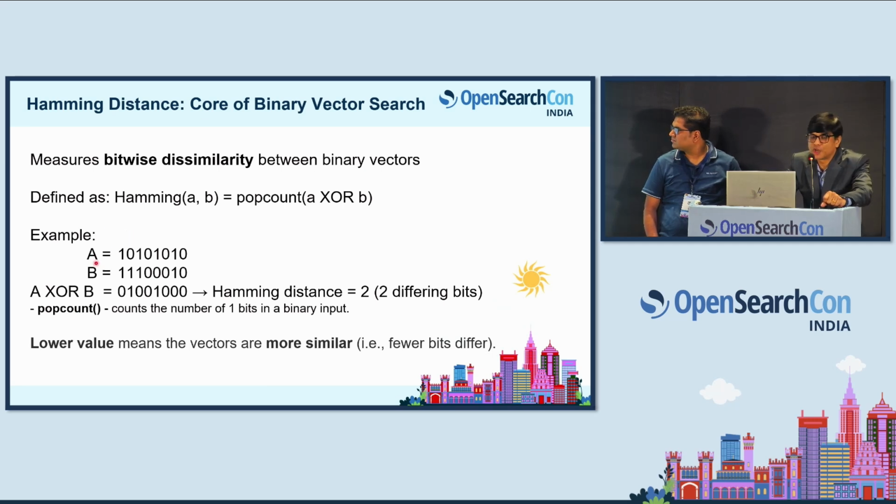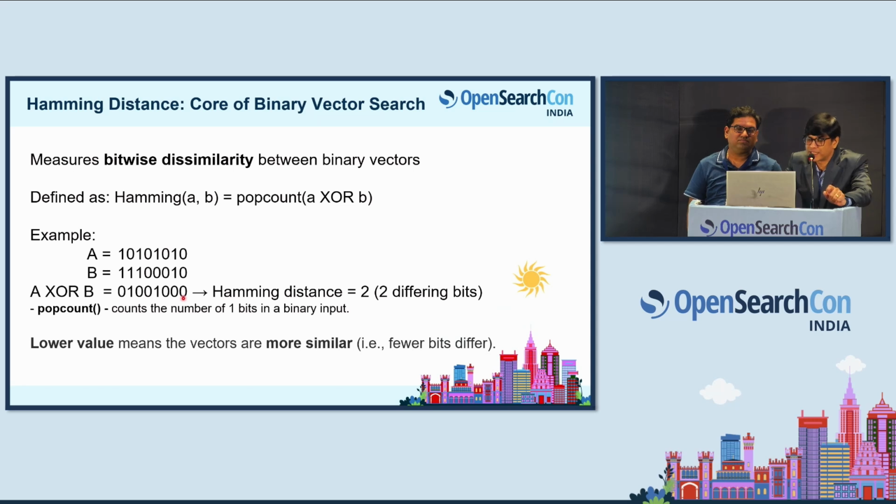You do an XOR operation on A and B. XOR gives you output if you have a dissimilarity between the bits. So 1 1 gives you output 0, 0 1 gives you output 1. Similarly here the output is 1 and the rest is 0. So it gives you the number of ones, through which you can identify where exactly the bits differ in the